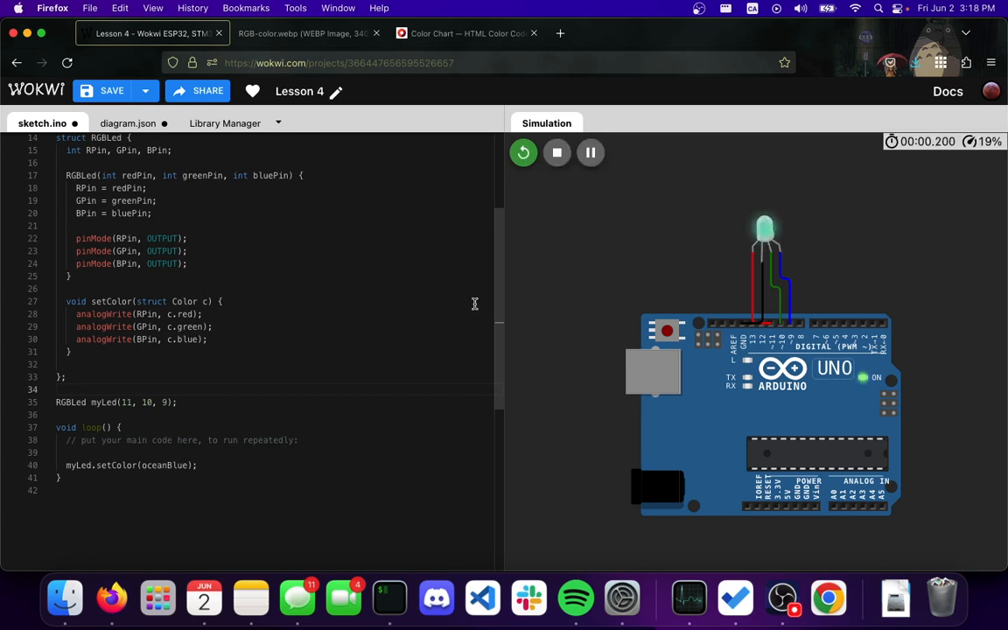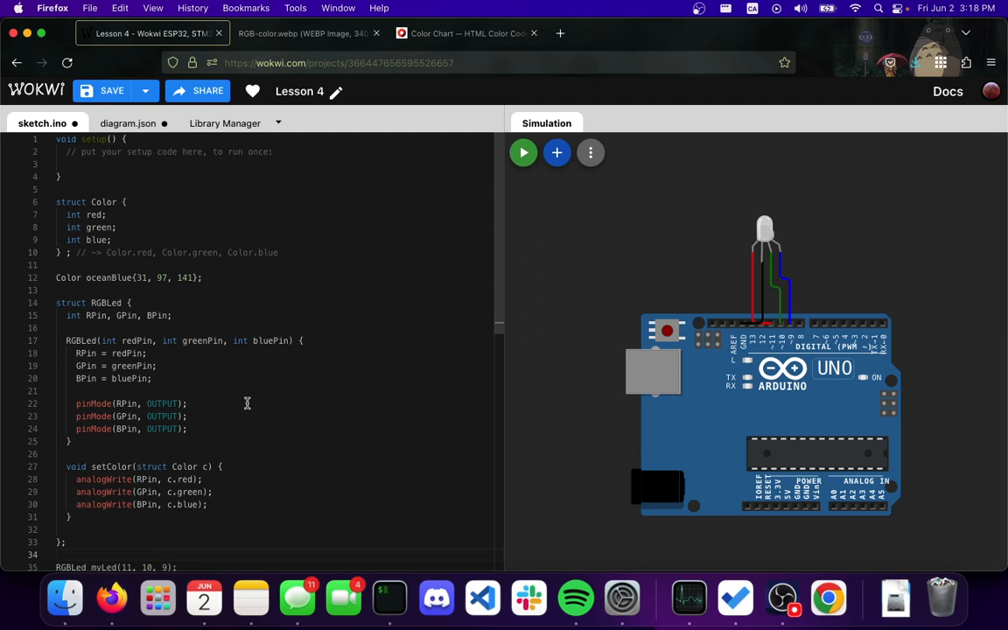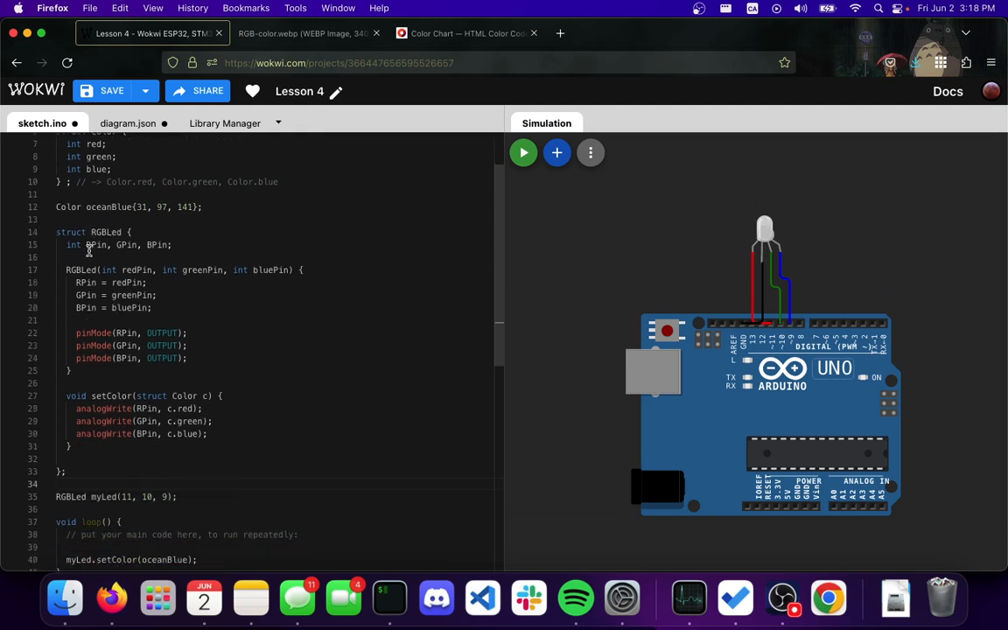Never be scared of errors, I say. Never be scared of errors. But we see that it actually does work. Yay! Hip hip hooray! So we see that our RGB LED over here, with these three, there are actually 5